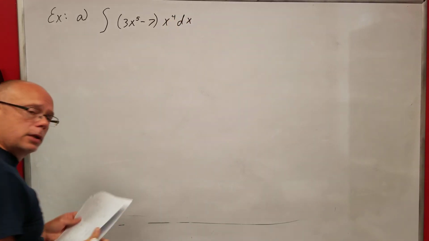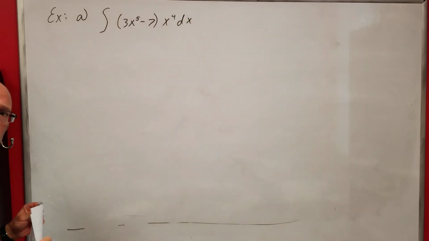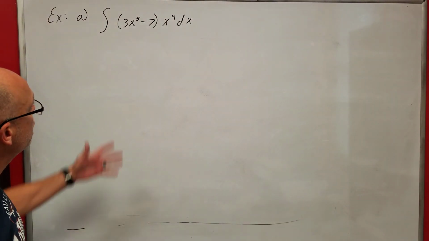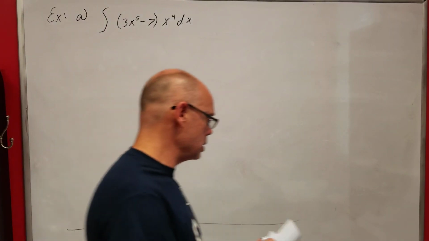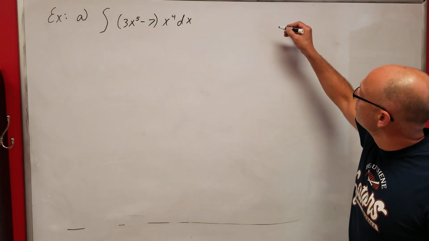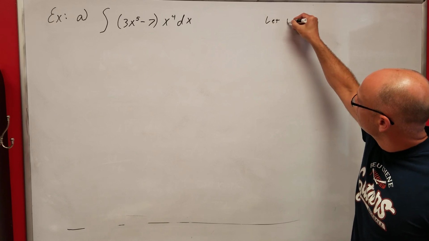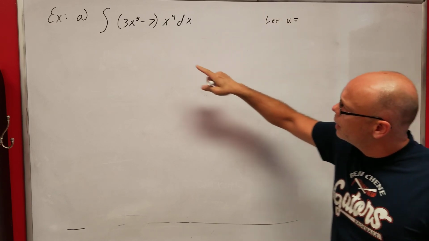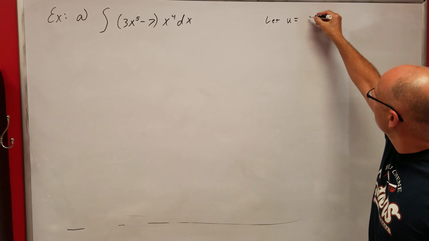Now, I could actually do this without u substitution like we did in the last section, but we got a new toy, let's play with it, okay? That new toy is called u substitution. All right, what do I want to let u equal to? Usually the inside, right? So let's start out with the inside. 3x to the 5th